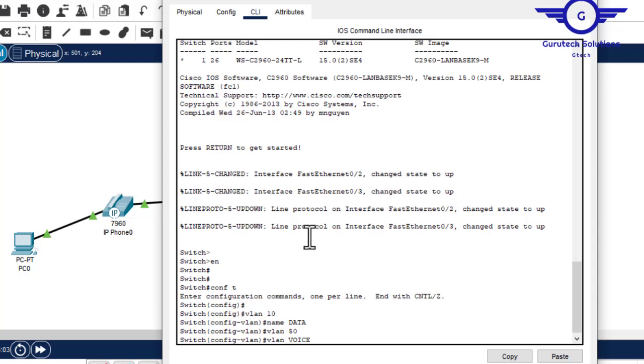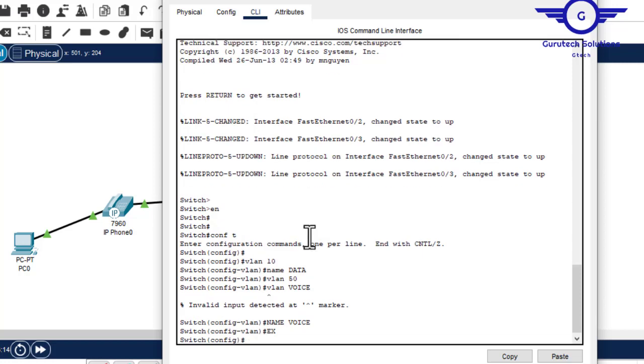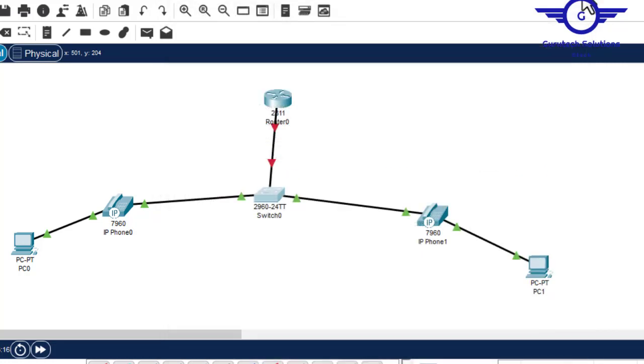Alright, sorry, so VLAN 50, name voice, exit. Alright, so for example, on this switch here, each access port will be accessing two VLANs, data and